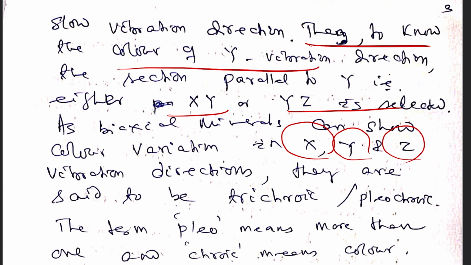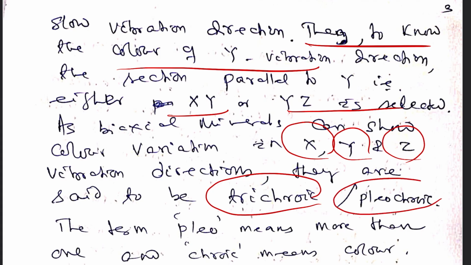And as there are three directions of variation in light vibration, there can be three changes in color,